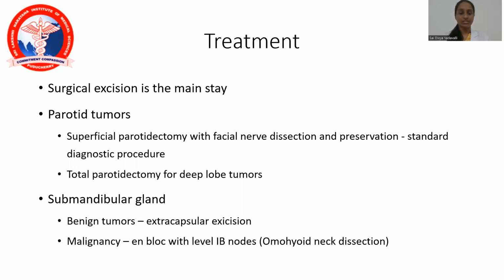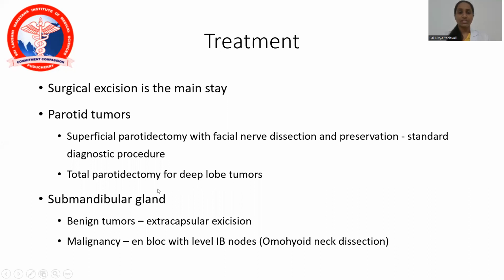Coming to the management, surgical excision is the mainstay of treatment of these tumors. For the parotid glands, a superficial parotidectomy with facial nerve dissection and preservation is the standard diagnostic procedure. As we have discussed before, obtaining an FNA may not be sufficient in all cases, so an excisional biopsy has to be performed. In the case of a parotid gland tumor, this is performed in the form of a superficial parotidectomy with facial nerve dissection and preservation. Total parotidectomy needs to be performed for tumors that involve the deep lobe of the parotid